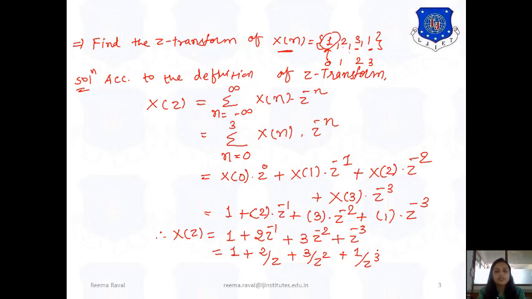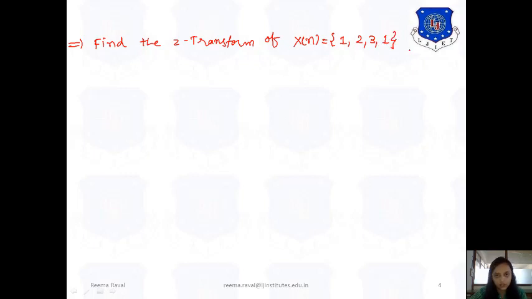In Z transform, you are converting the time domain sequence into the Z domain according to the range given to you. So now let us consider one more example for which we have to find the Z transform of the sequence given as x of n equals 1 2 3 1, the same sequence which we considered earlier, but here we are going to place the arrow at the last position. So we are going to find the Z transform by the previous method as well.